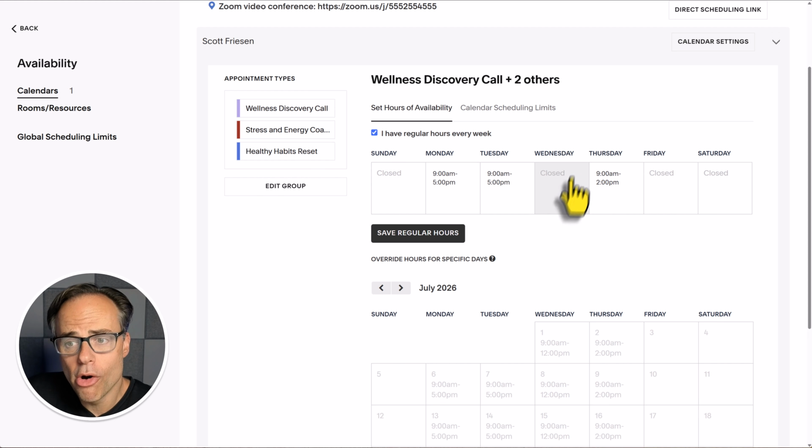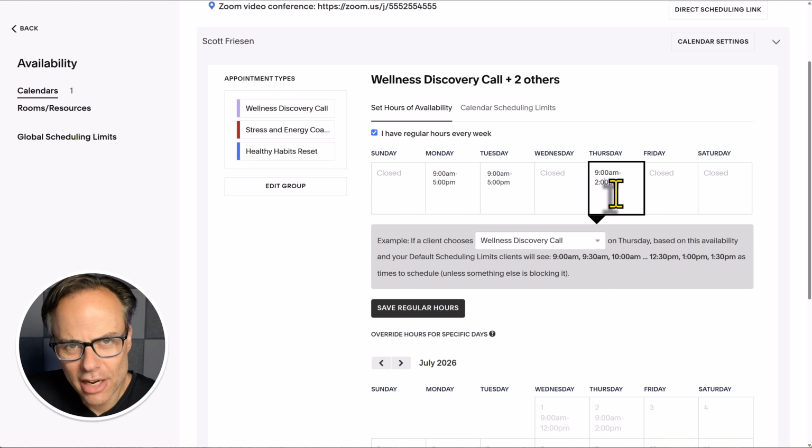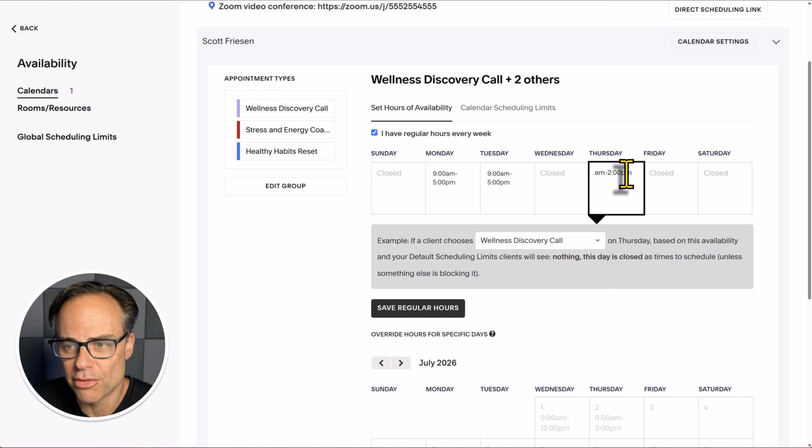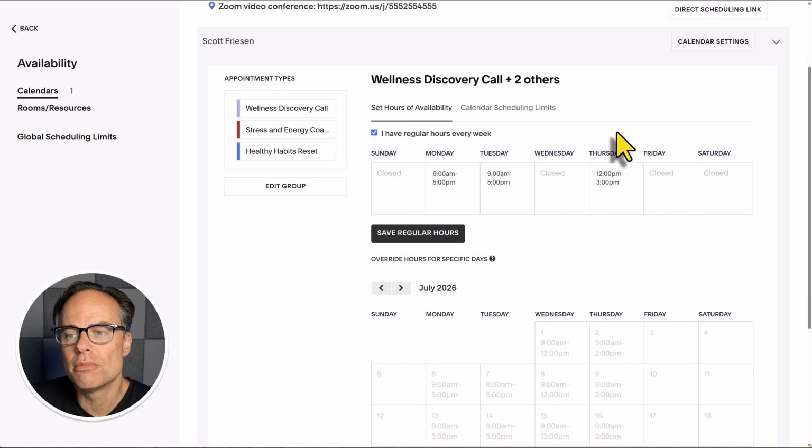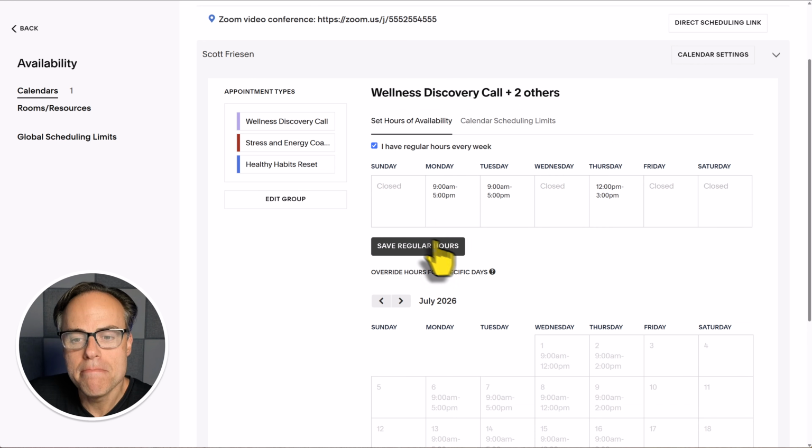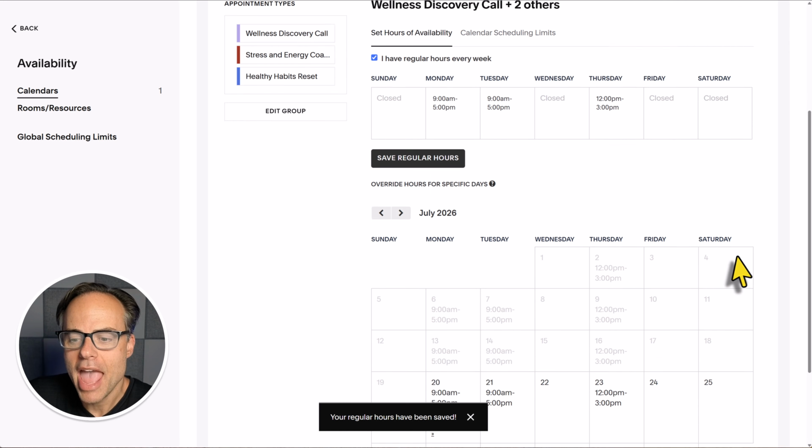But although I am no longer available on Wednesdays, I want to change my hours on Thursdays. And instead of selecting from a drop-down menu or a scroll wheel, Acuity does make it very simple for us. We can simply just type things in naturally. So I'm going to say I'm available from 12 p.m., but a little later in the afternoon, 12 p.m. to 3 p.m. Make sure once you've adjusted your regular weekly hours that you hit this button,